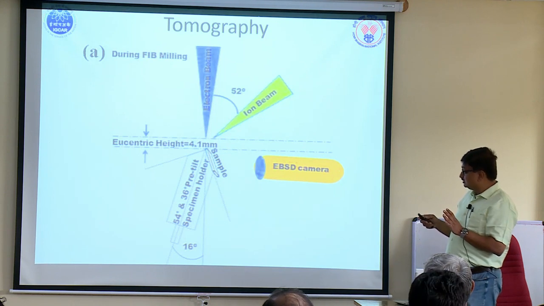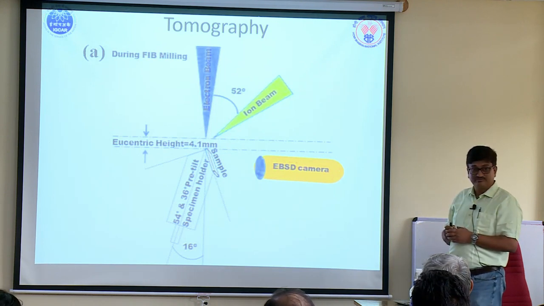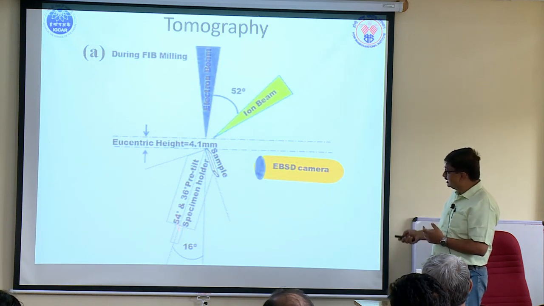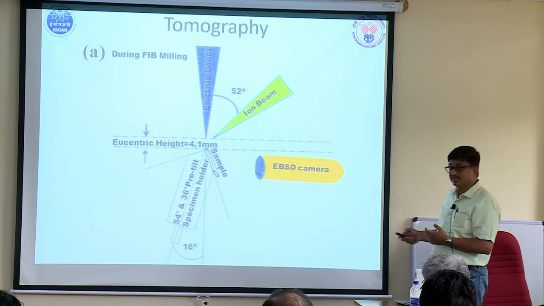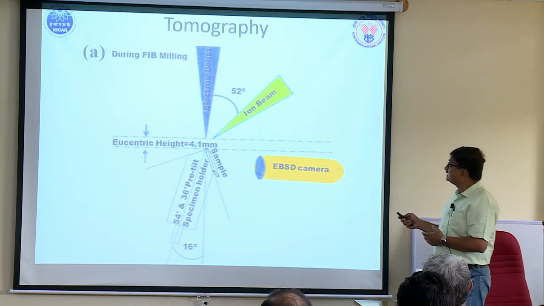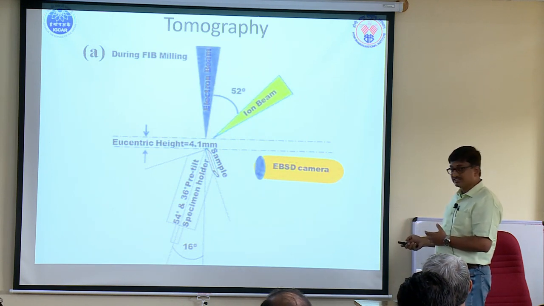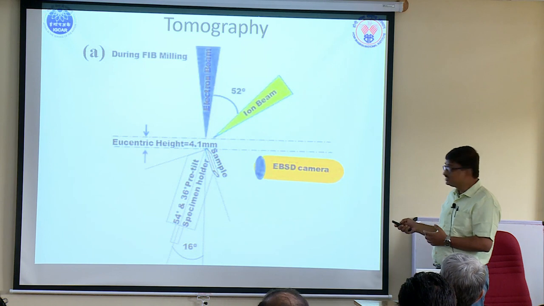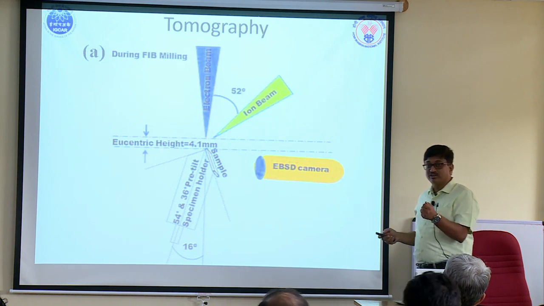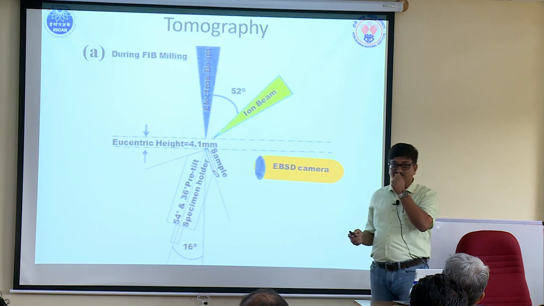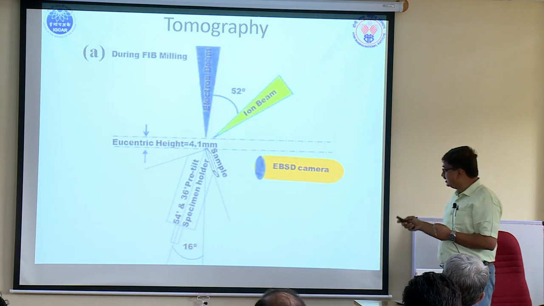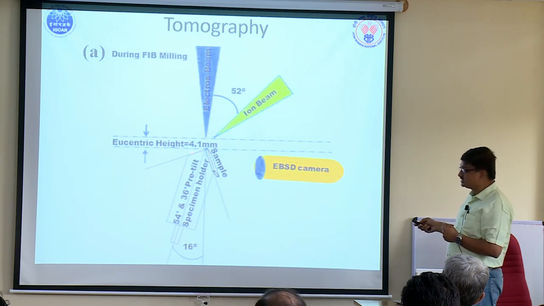The next thing that is important to note is that when you load your sample, we always prefer to use a pre-tilted holder, which has one side at 36, another side at 54, and this angle is 52. So we use the 36 tilted by 16, so you get 52. Where do you get 52? It's on the small edge, on this side. It's like your Cadbury wafer: the side that you are eating is the side that we are doing the EBSD on. So basically you are slicing from this direction.